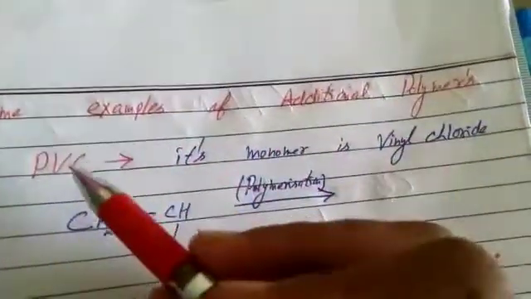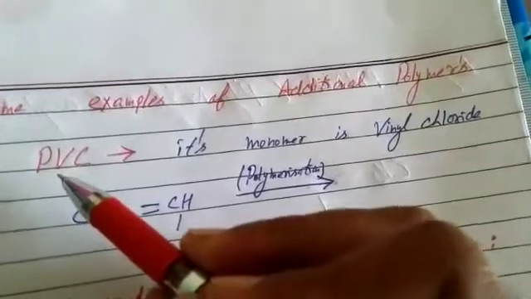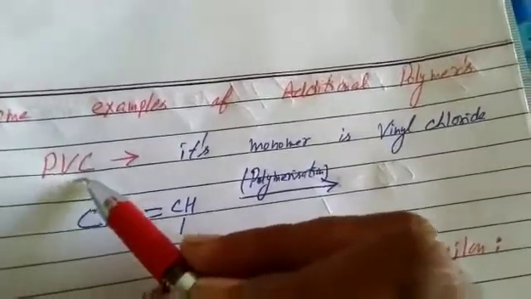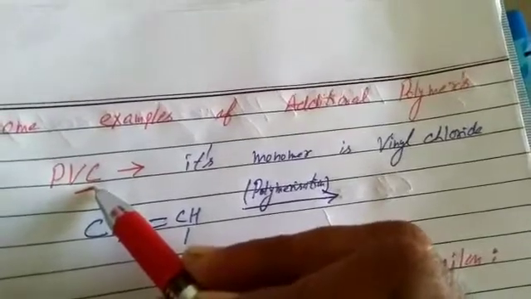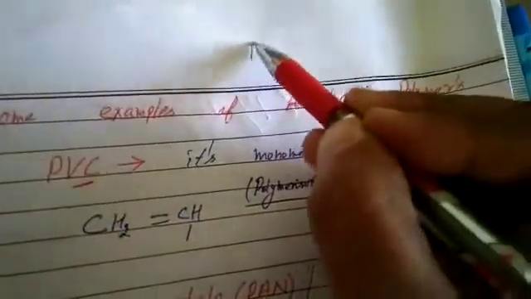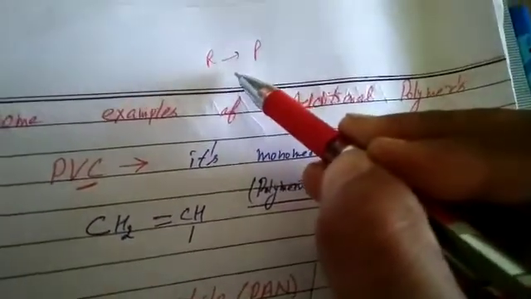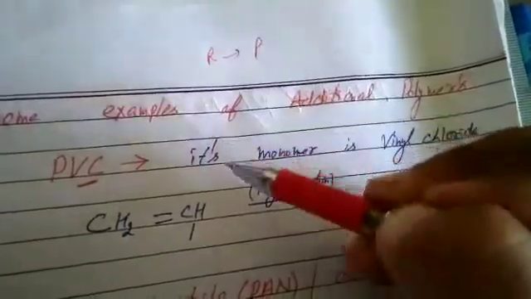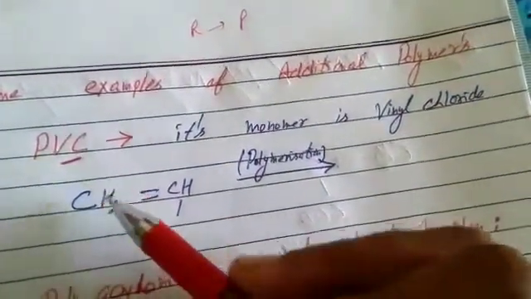First one is PVC, which we have done. At first, we should know its monomer. PVC, polyvinyl chloride. Its monomer is vinyl chloride. Students, in a chemical reaction, if we have to make products, we should know the reactants. In a similar way, in polymers, if we have to make a polymer, we should know the monomers. What is the monomer of PVC? Vinyl chloride. Now it is called the vinyl group.